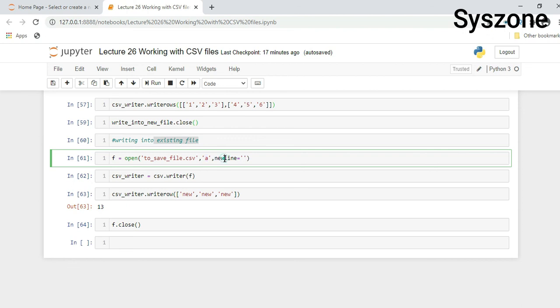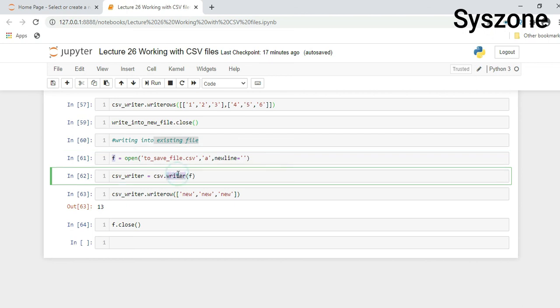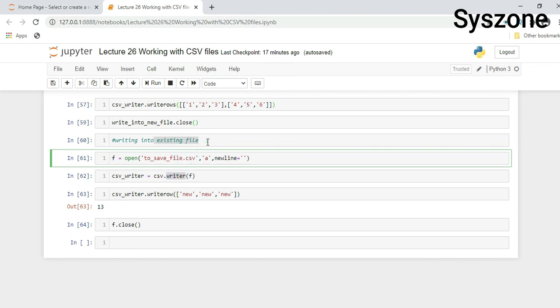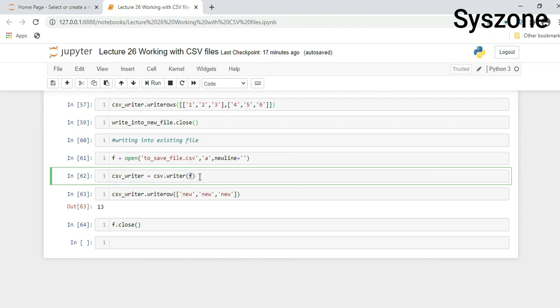Again the newline parameter, so wherever it finds a blank, it will treat it as a new line at the end of a string or a sentence. So we will open this file and store it into the f variable. For writing we have to use csv.writer, and we are providing the file name where we have to write. After that we are storing it into the csv_writer variable.